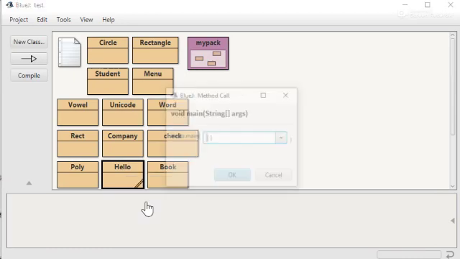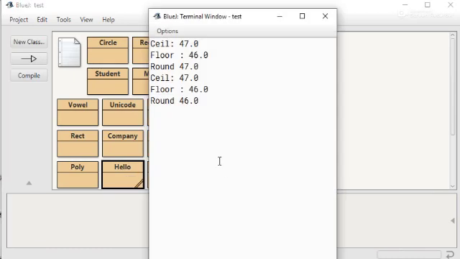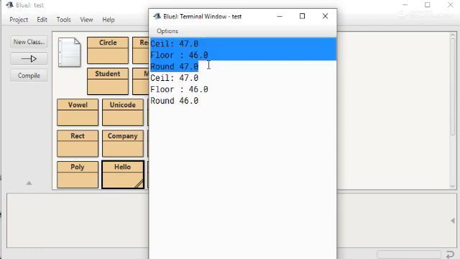Now run the program. OK, again. These 3 lines are the output of the first execution, where the round value is 47 because the value is 46.6 and its rounding value is 47.